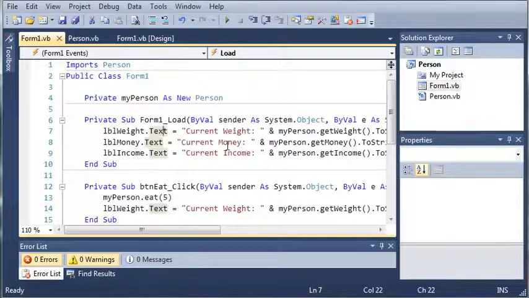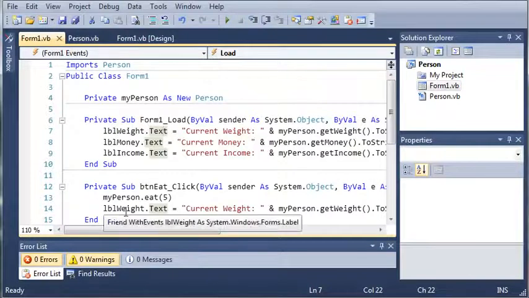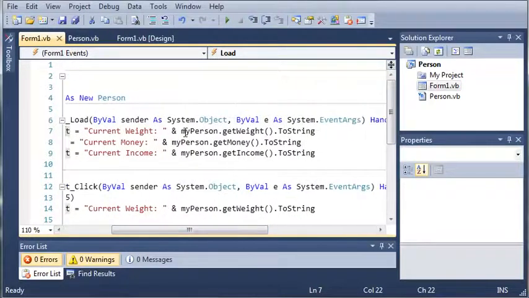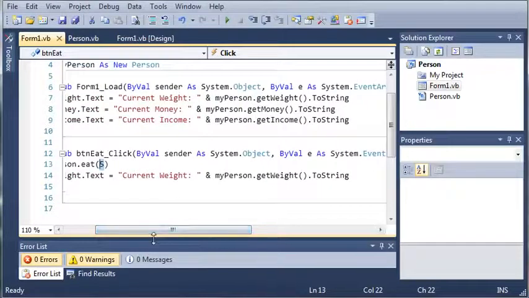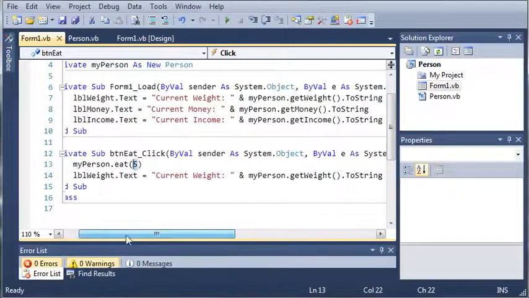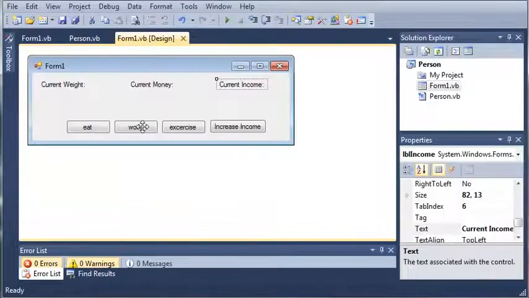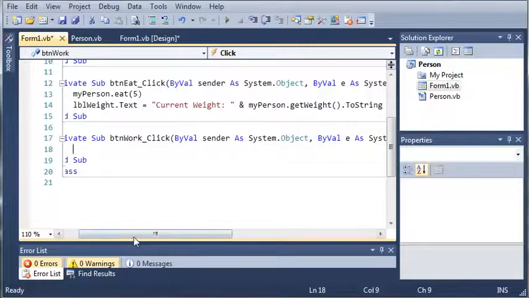So if you remember last time, we set the weight, money, and income label. We set that text to whatever the person's weight, money, and income is. And then we added the button eat click event. So they will eat 5 pounds of food and they will gain 5 pounds. And then it updates their current weight. So now let's go ahead and do this for each of the other